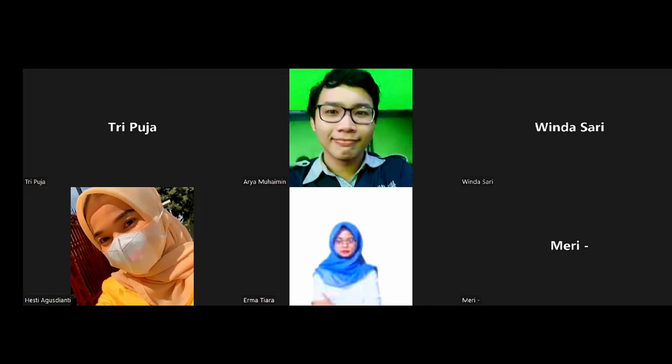Okay, so I got Hesti's point. She said it is an academic writing tool that promotes resources, but Winda added more points, like by using Mendeley, we can create and manage citations. We can also find relevant papers for our writing.